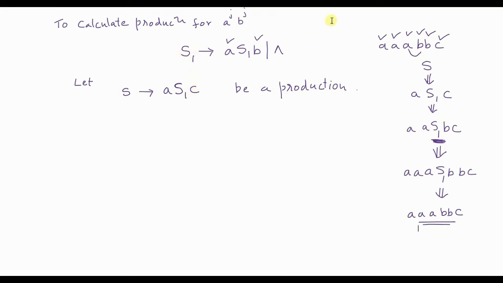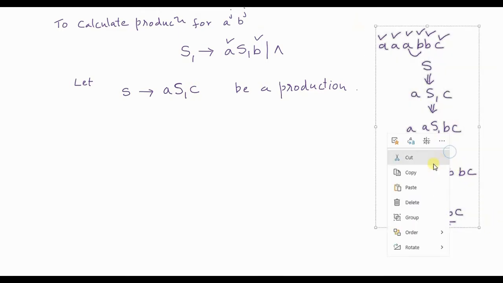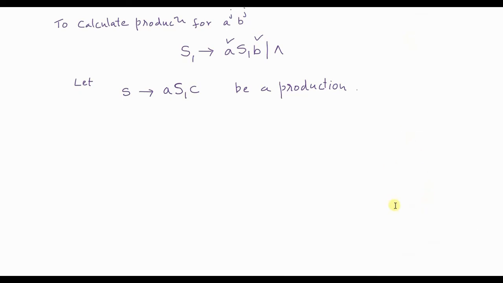So just as a matter of fact, we will take another example. We will take a bigger example. In fact, let's say the string that is given to me has 6 A's, and suppose there are 3 B's and there are 3 C's.